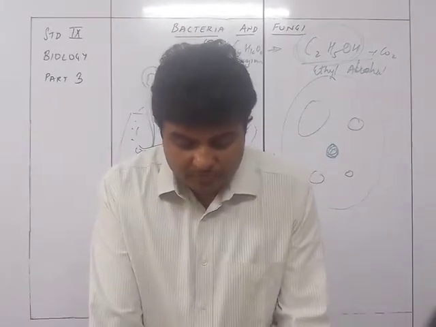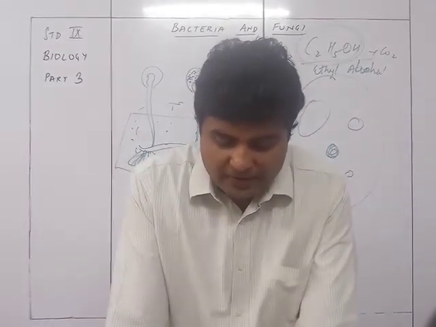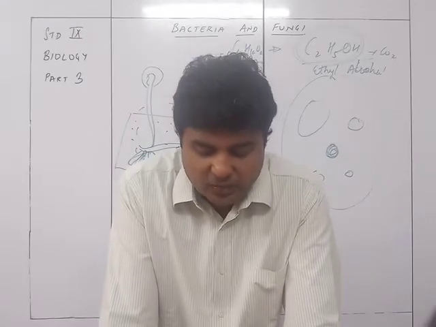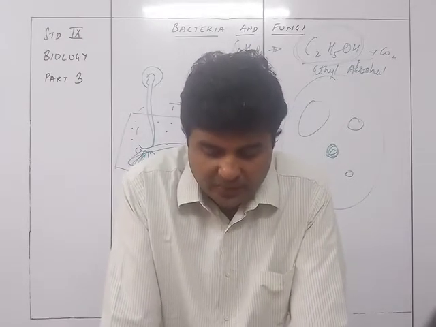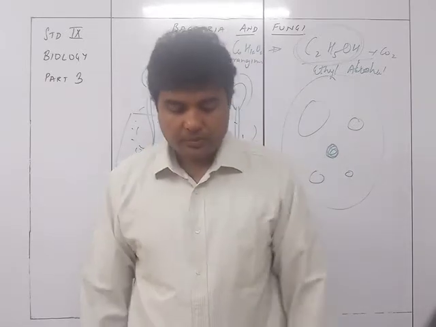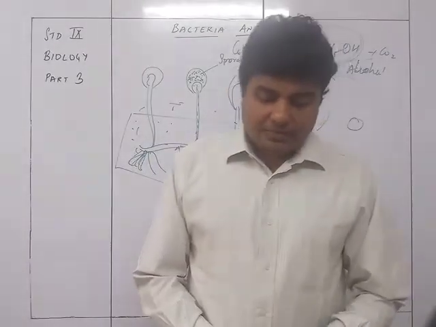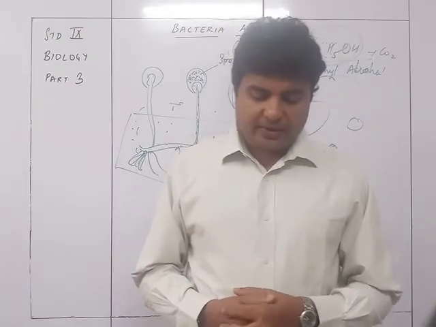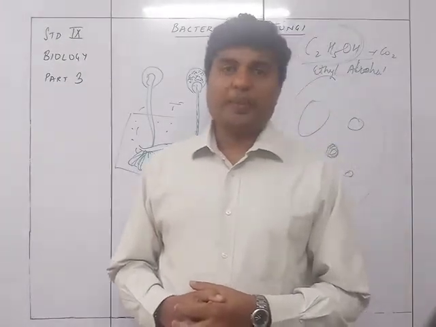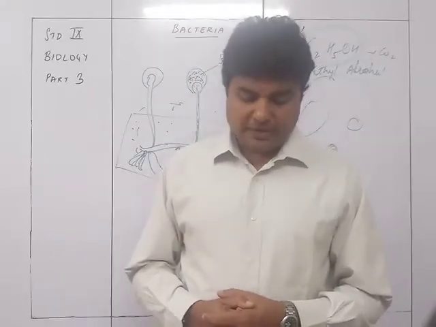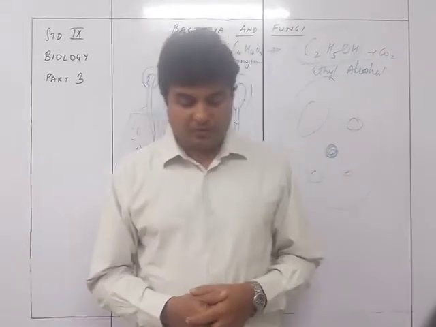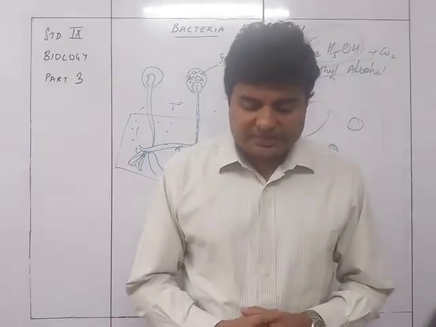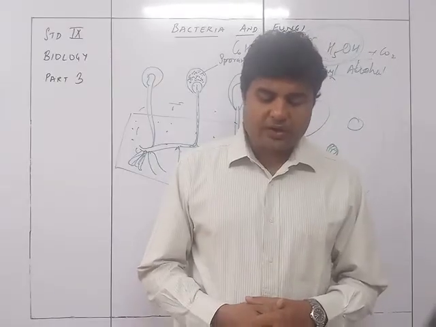White button mushroom is the most popular variety grown in India. Its cultivation involves 5 major steps: composting, spawning, casing, cropping, and harvesting and preservation. Composting: the compost is prepared by mixing the following in certain proportions: wheat or paddy straw, chicken manure, and some organic and inorganic fertilizers. This compost is kept at about 50 degrees for around 1 week.